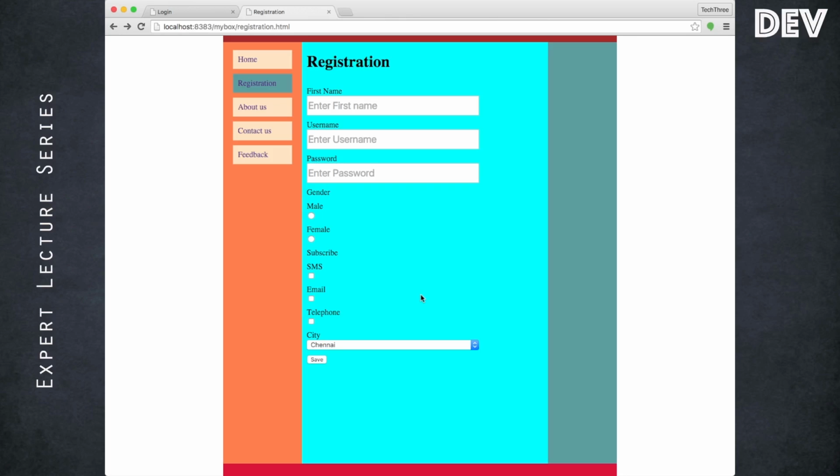Now, in actual practice, this form has to be validated. Of course, this is the main purpose of JavaScript; a few years back we were relying on it for validation. We have to see whether the user is entering all the specific values and does not keep them empty. Then we have to allow the form to be submitted. Till that time we should not allow the form to be submitted. So we have to do a couple of setups in order to make sure the form does not get submitted until the desired value is entered. So how are we going to do that?